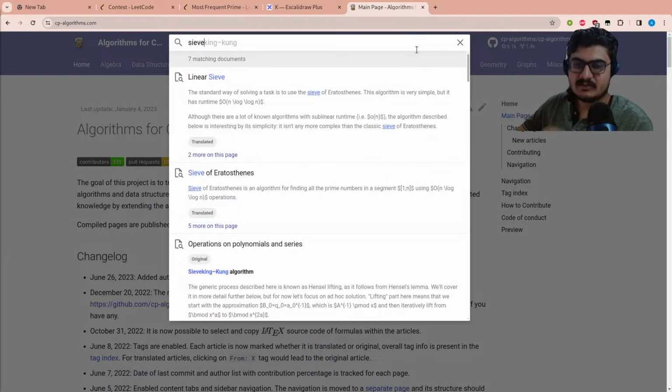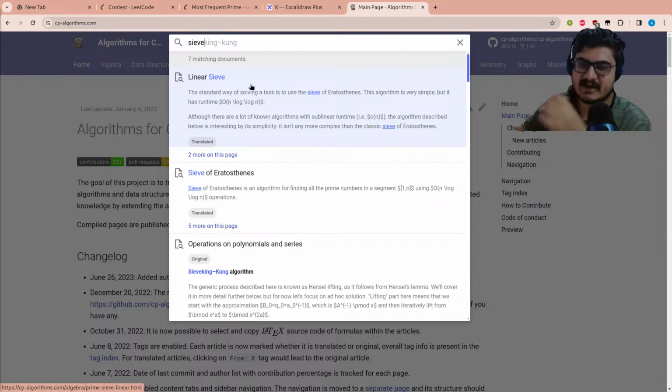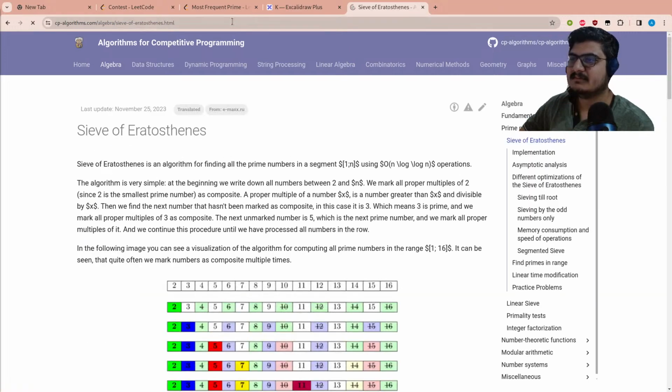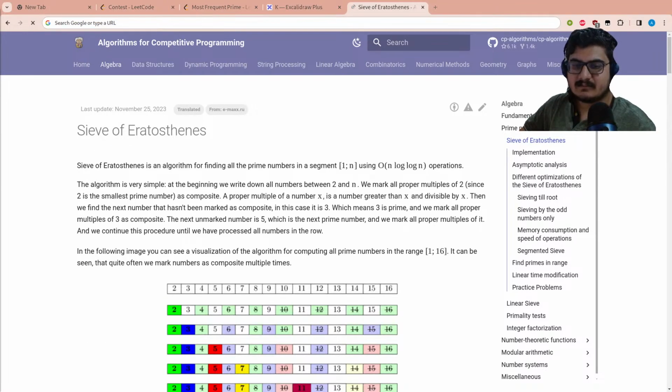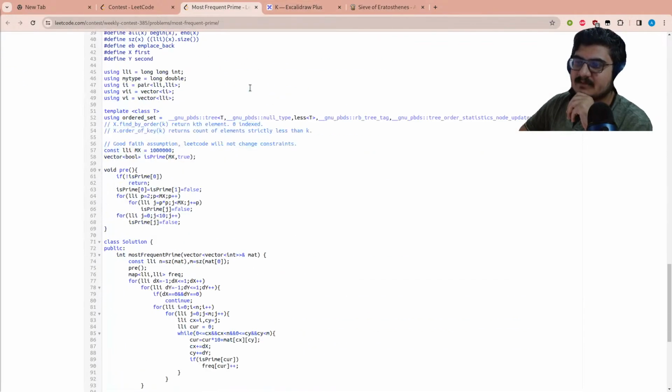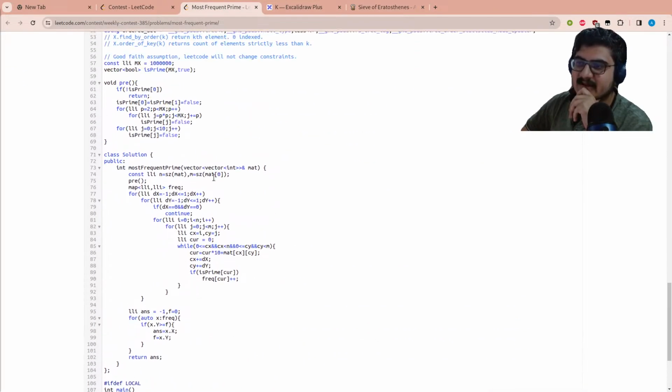The idea is that you do the sieve only once. If you start doing the sieve for every test case, then that is wasteful. You can probably define a DP method outside your algorithm. So the way I did it was